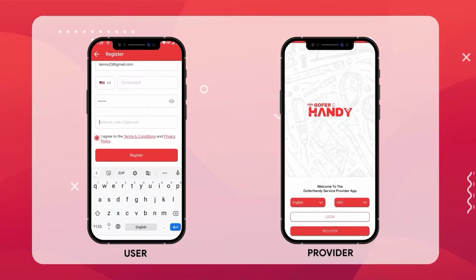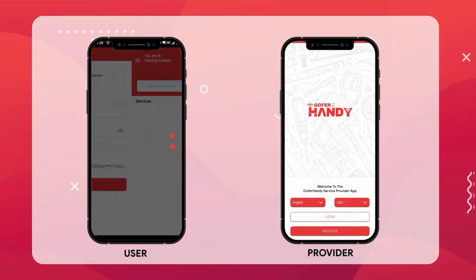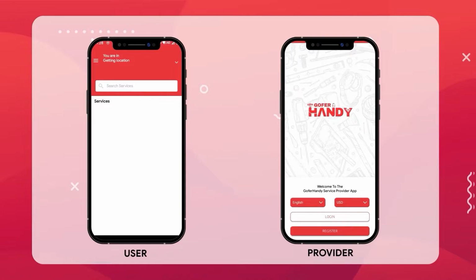Now you have to agree to the terms and conditions and then click the register button. Now you have successfully registered as a user in the Go4 Handyman application.